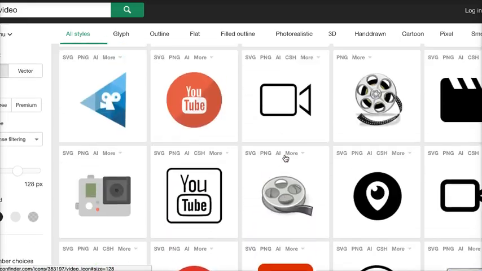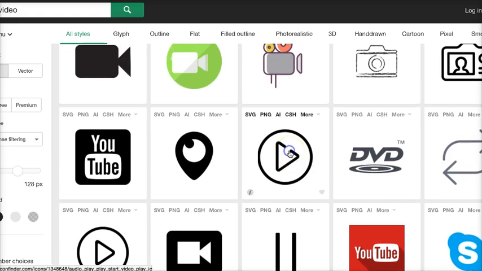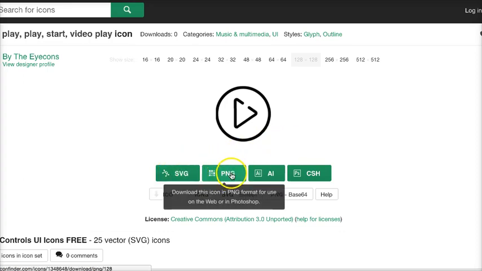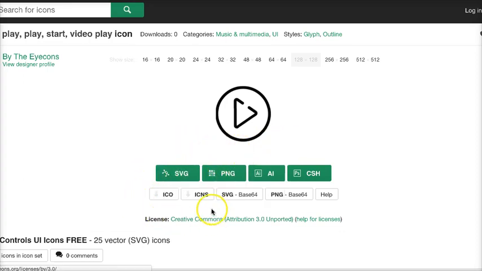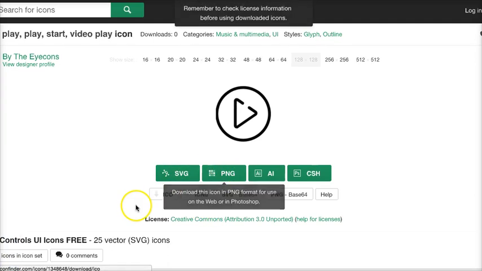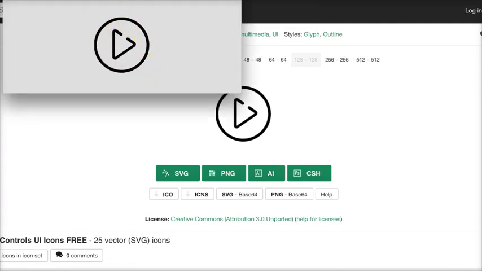Let's choose one. Let's say we want this one. You just click, and you see you have different formats. You can choose PNG format, or whatever you want. Let's say we go for the PNG format. And here you download it. And here you have it. Okay, and then you can